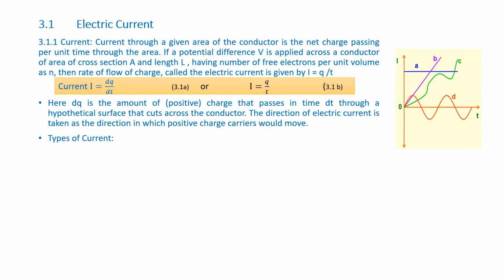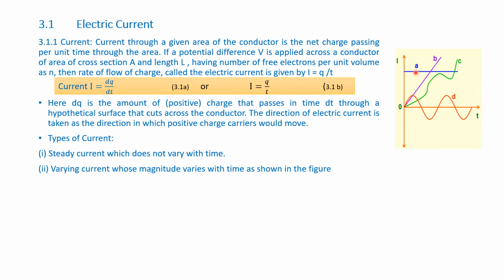Please see the figure on the right hand side. A number of types of currents are shown. A steady current, which does not vary with time. This is figure A. Here on the y-axis we have current and the x-axis is time. So this current I A in A has a steady value, constant throughout the time. There is no variation. I is the current flowing through time t. So steady current does not vary with time. This is case A.